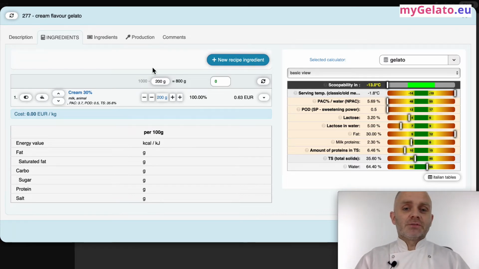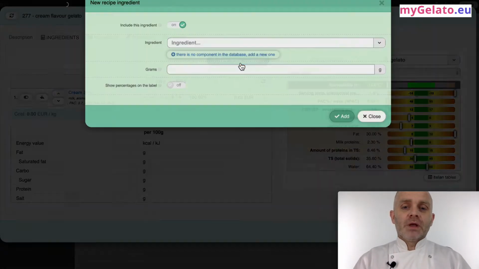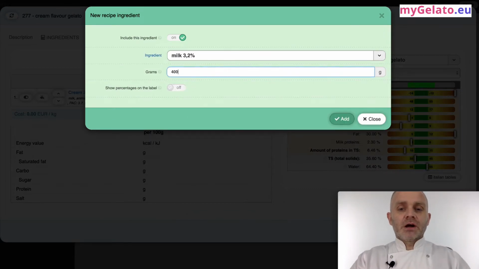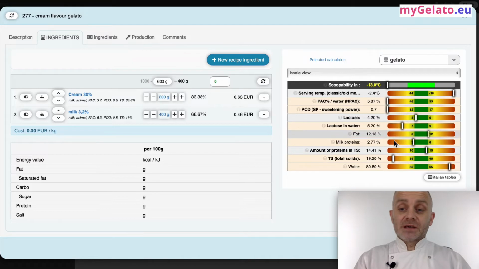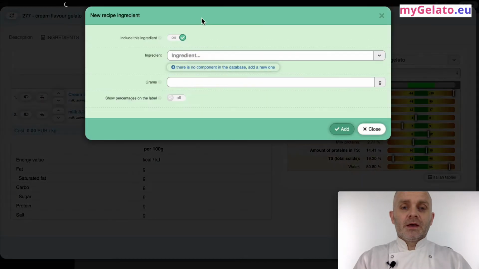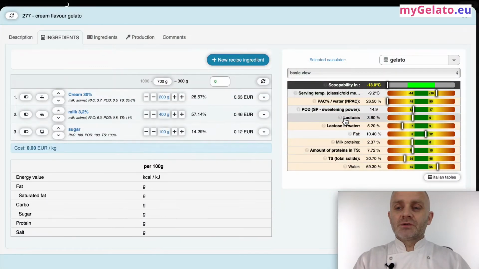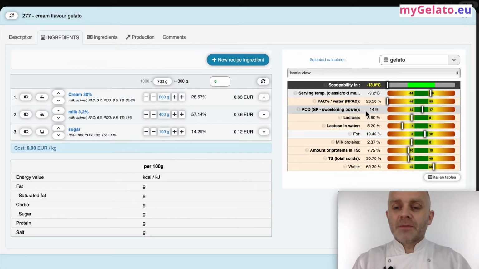So let's start balancing our ice cream. We add the new ingredient, it's going to be milk. We added 400 grams. Something moved here. And we're going to add sugar because of sweetness. And let's see what happened. Sweetness is around 14.9. We're going to try to hit about 13 or 14, not more, because in cream flavor that's